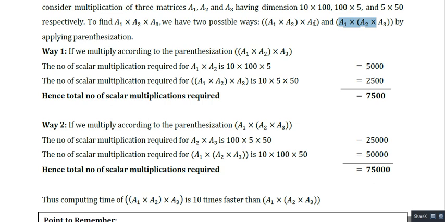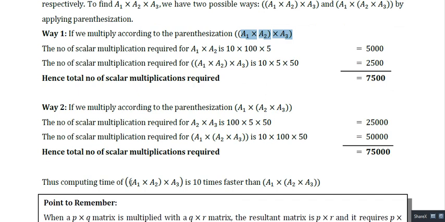So this particular way of parenthesization is taking this many scalar multiplications, and this way of parenthesization is taking this many scalar multiplications. Okay. So more operations mean more time. So the second way will be taking more time. I think it is almost 10 times this. Okay. So if the time required by the first way of parenthesization is x, obviously the other will be 10x. Okay. So obviously our optimal result should be this one. Okay. So now how to get this using the dynamic programming approach, right? So already A1 into A2 into A3 with the first parenthesization is 10 times faster than the other, right?